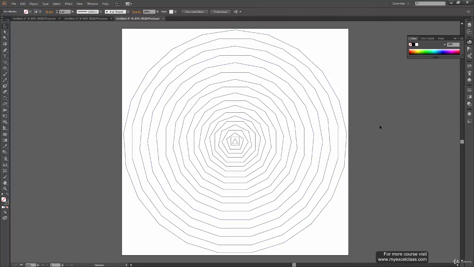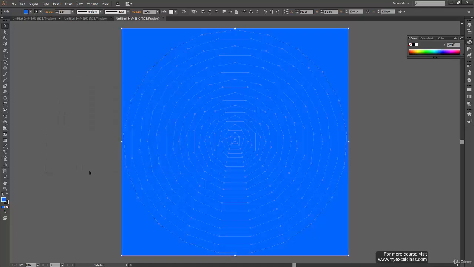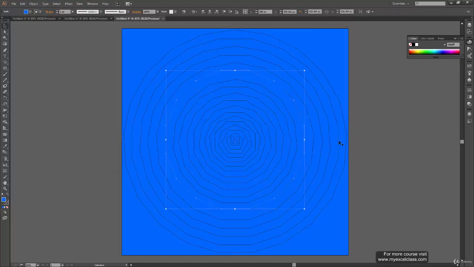Okay, so now we have completed all our polygons. What we can do now is select all of them and start filling color into them. The color scheme we are using for this is monochromatic, so we'll be using one single color at different brightness levels. So which color should we select? Blue, I think blue should be fine. All right, press OK. Now we have our design.